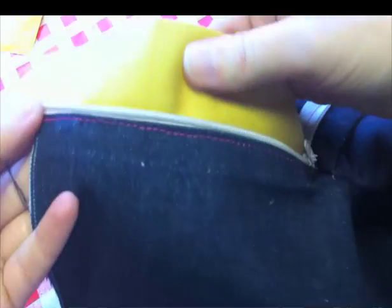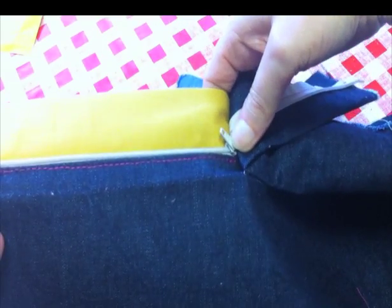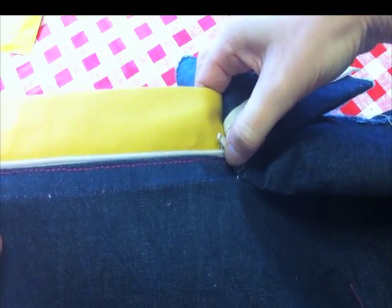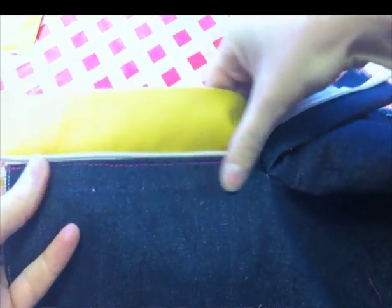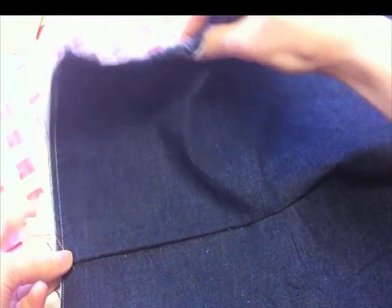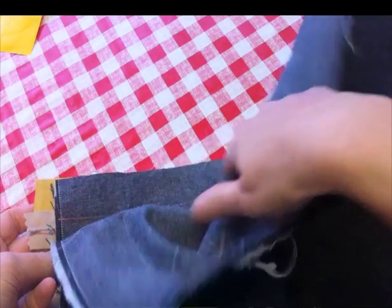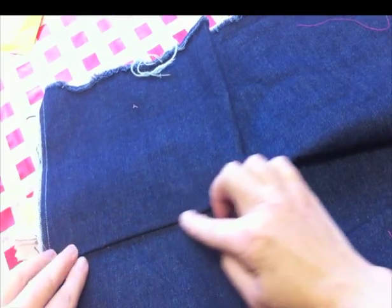Sorry, the pink isn't really showing up. I've taken it from the top right down and stopped by the zipper at the bottom here. It's a little bit tricky to get into this little area, but you can do it. I've given it a little press, try and get rid of that fold, and then the next and final stage is I need to actually stitch the left side of my trouser all the way through to this fly facing in here. So I'm just going to line the centre front back up,